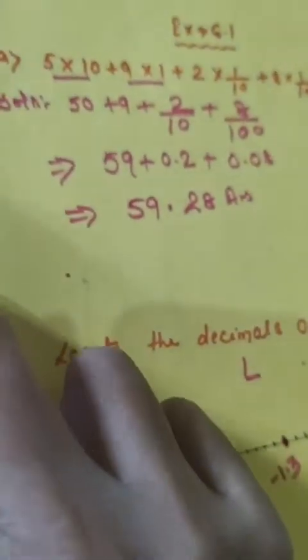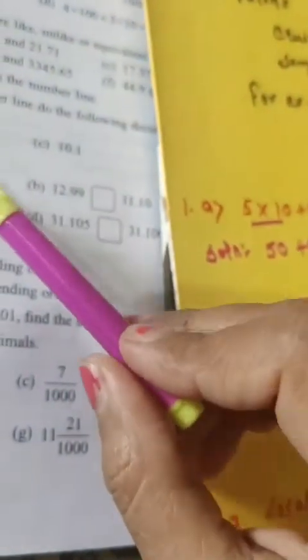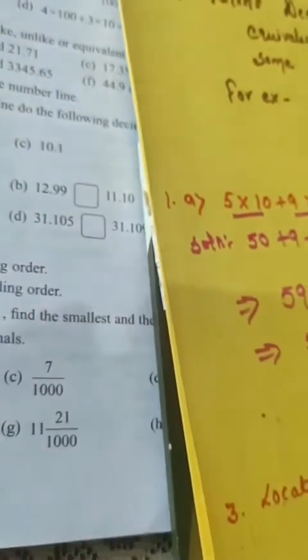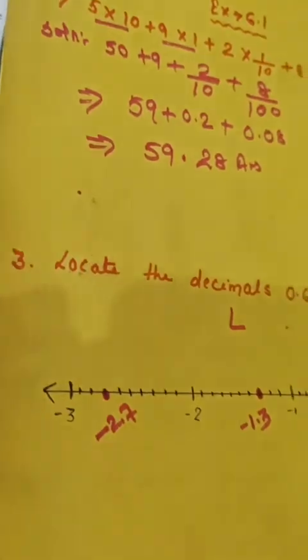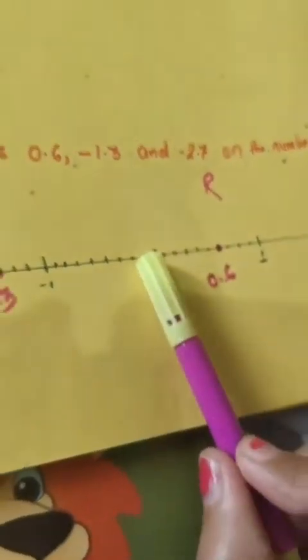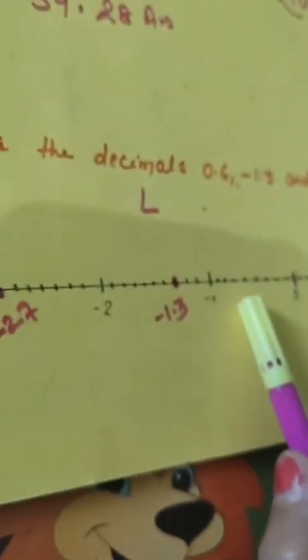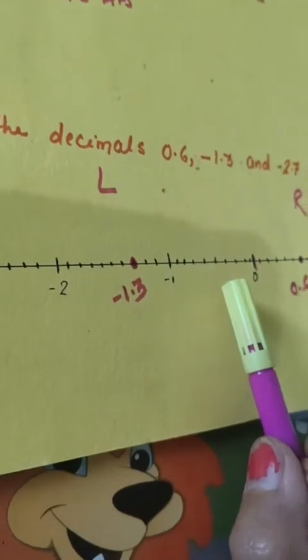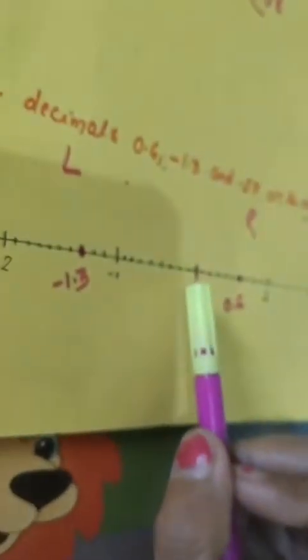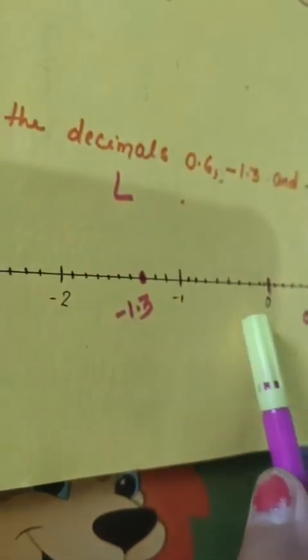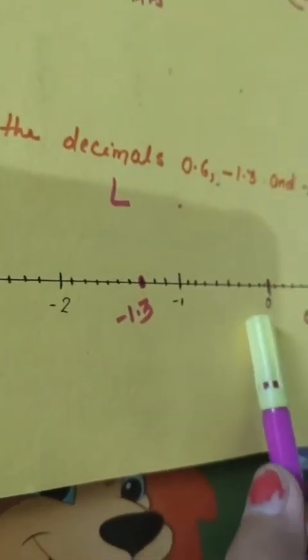So you have to show 0.7 lies between 0 and 1. Okay, 0.7 lies between 0 to 1. Okay, second question is given minus 0.9. So 0 is given, minus 1 is given here, and their distance is given 9. So you have to write here minus 0.9 lies between the 0 and minus 1. So like this method you can solve.